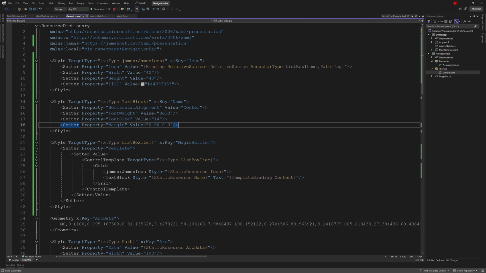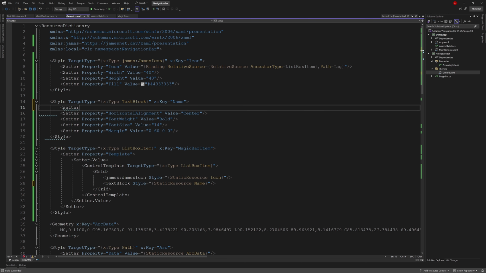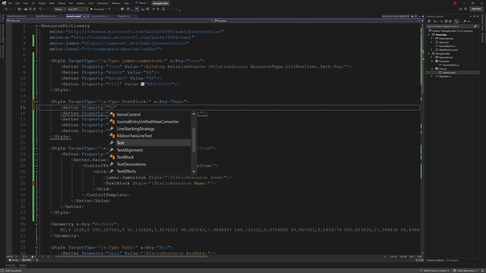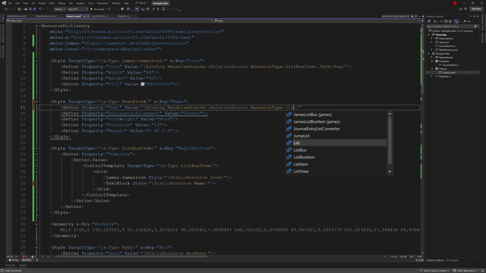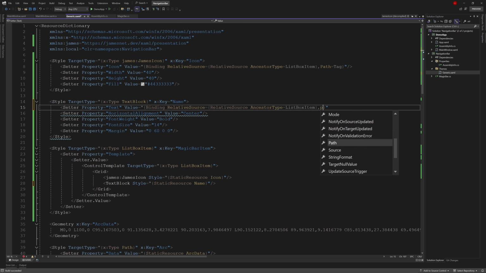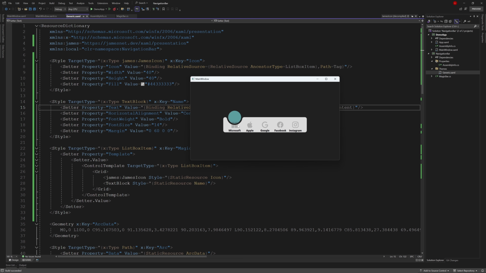Then we move the template binding into the style as well. Okay, it worked. Now let's handle the animation part.